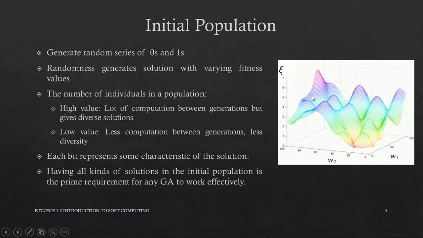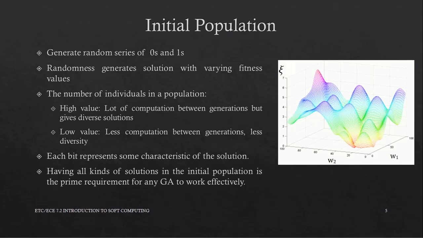Based on this analogy, we must try to analyze the role and importance of individuals and population size. The number of individuals in the population, or the population size, should always be specified. A very high value will result in a lot of computation in generating one population from the next. But it would give a lot of scope to the individuals to generate all kinds of diverse solutions. This may even result in early convergence, or the generation of very good solutions very early.